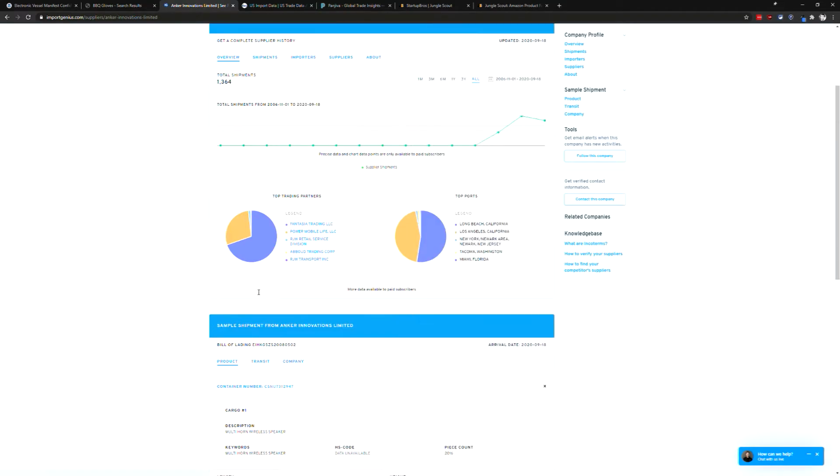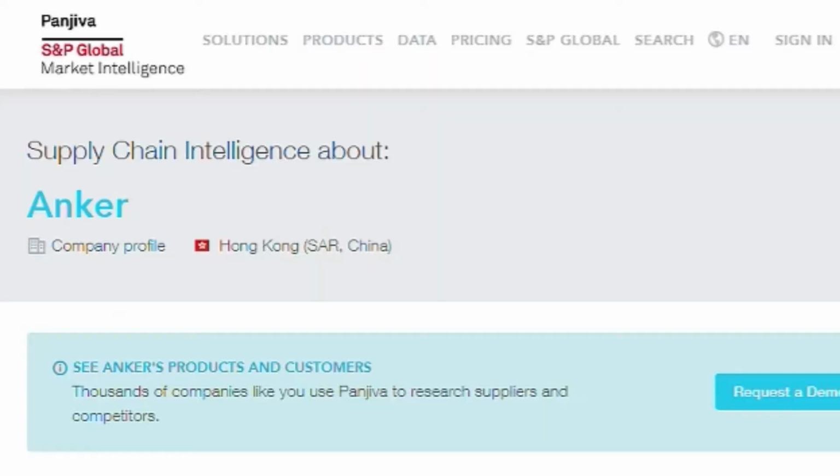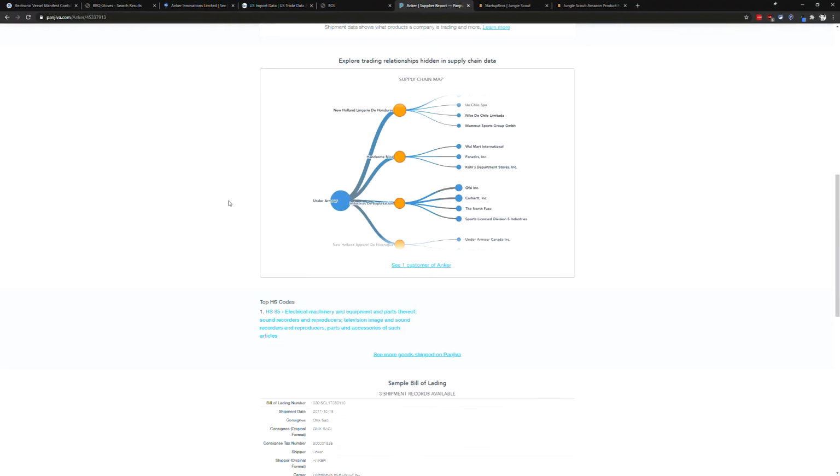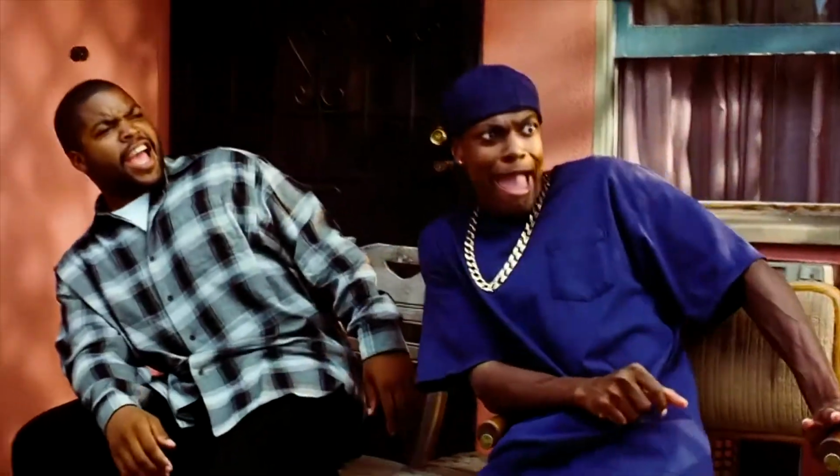Some of the paid tools like Import Genius and Import Key will actually allow you to get a pretty good amount of data out for free. So if you're just getting started, you're probably going to want to use those quite a bit. And if you ever decide to upgrade, these paid tools are freaking cool. Panjiva is the ultimate trade analytics platform, and it does some truly incredible things, but it costs $400 a month.